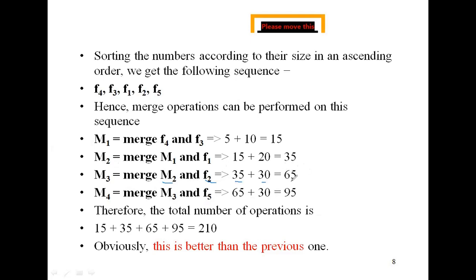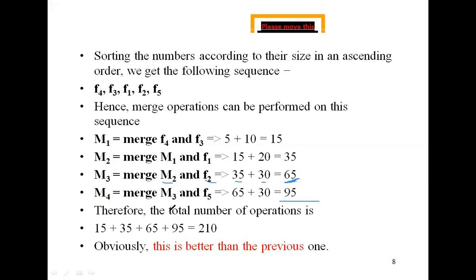That is the value 65. Now we want to combine these 65 records with file F5. File F5 and M3 are merged. You will get 95 records, since 65 plus the size of file F5, which is 30, gives 95. Okay.